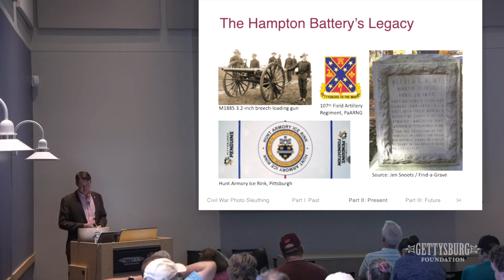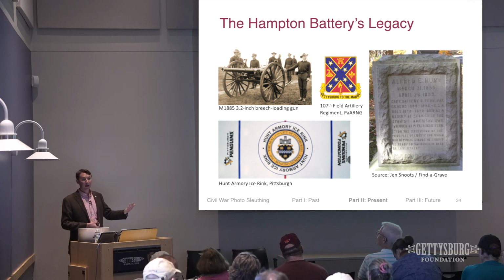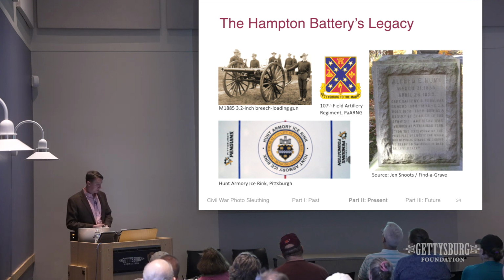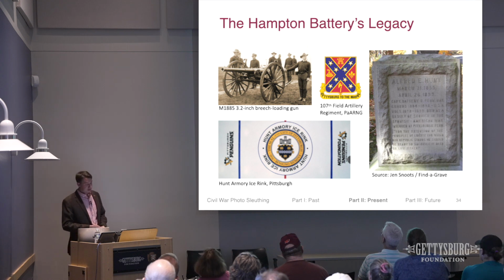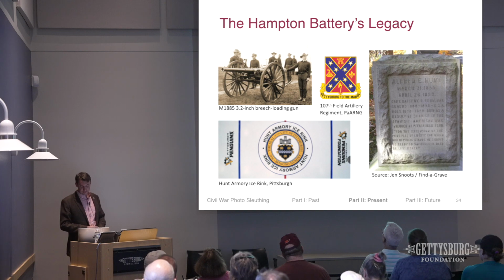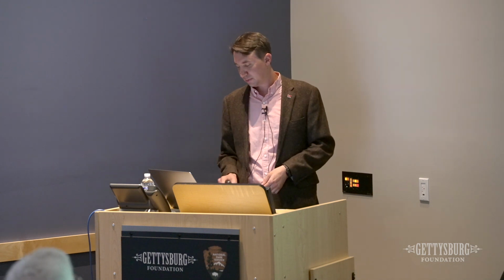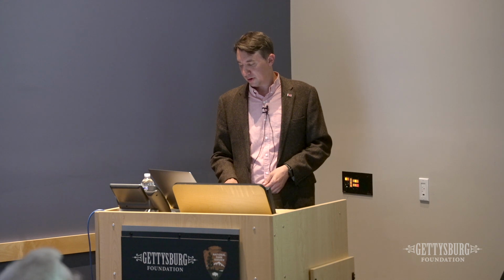4 of the 5 officers that were pictured in our mystery photo served in that campaign. They used these 3.2-inch guns that you see pictured here. That's not them, but that's similar to the guns they would have used. And then they went back to Pittsburgh, and they were welcomed by a parade of veterans from the original Civil War Hampton's battery. And the leader of the battery, Captain Hunt,